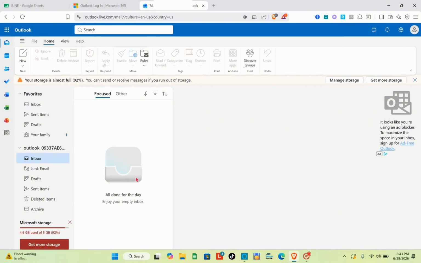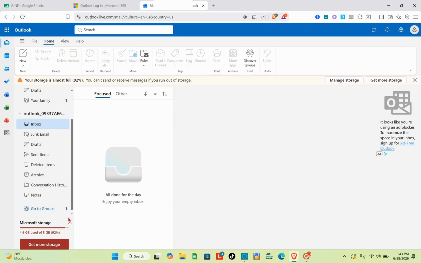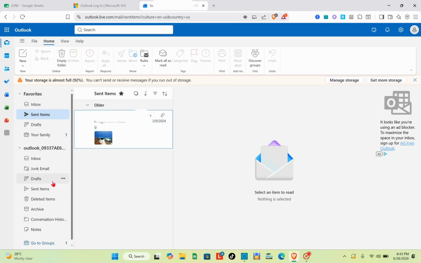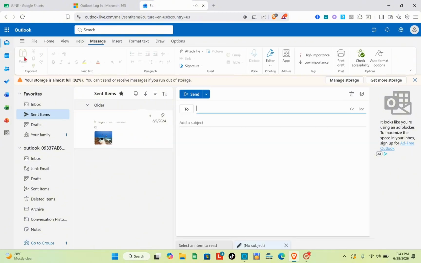Okay, so the first one is schedule an email. Sometimes you write an email now but want to deliver it later. So first, you just have to create a new email. You'll be able to see these options at the left side. And the next one is you just have to go to your sent items, so you'll be able to see all of your items. You'll see this option as well, so just tap on the new option at the top left. And then you write here now